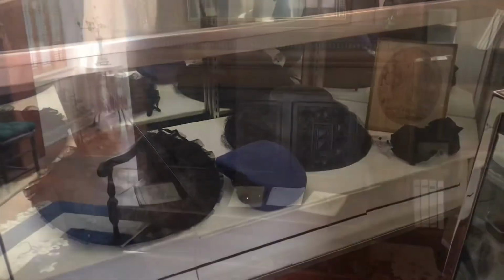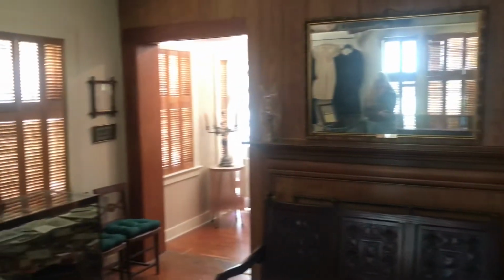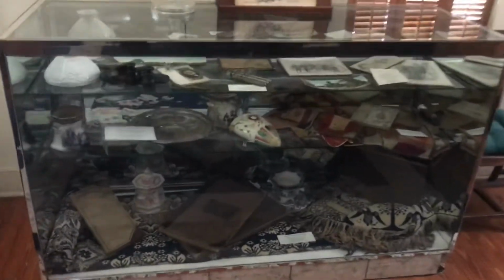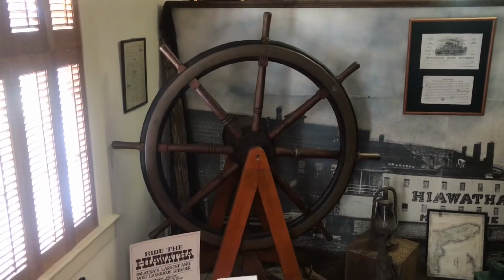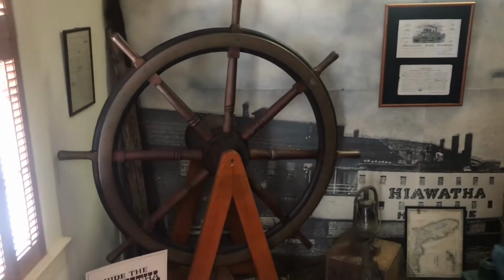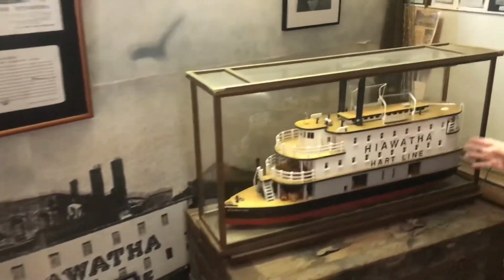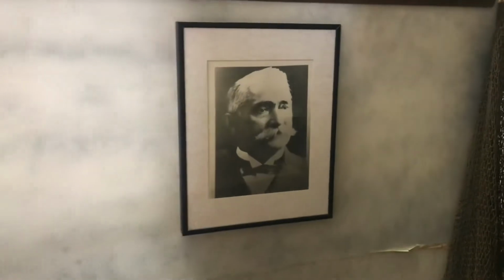But this was. And let us alone from what? They wanted to be isolationists, you know, left alone. So this is the wheel from the steamboat, the Hiawatha. Yes, there were several steamboats, this Hiawatha being the main one. That's the model of it. And he's the owner? Yes. And over here,